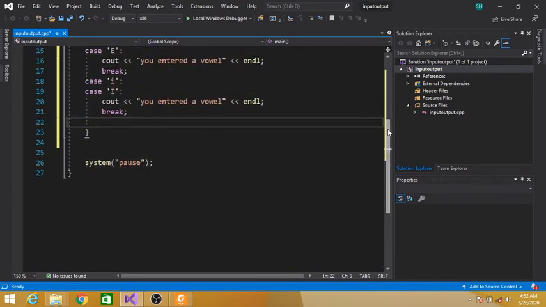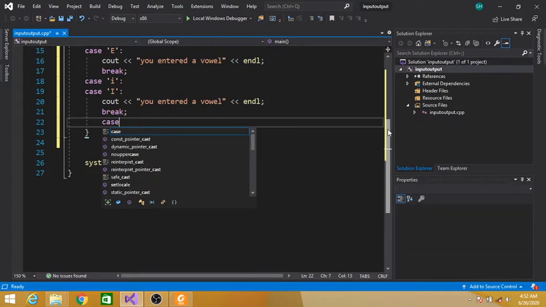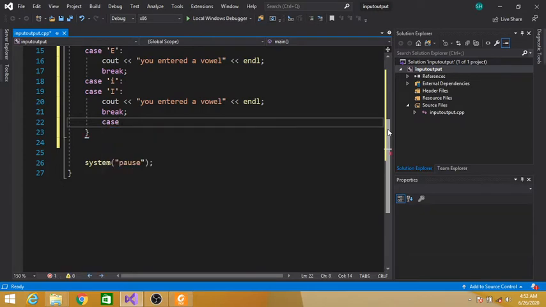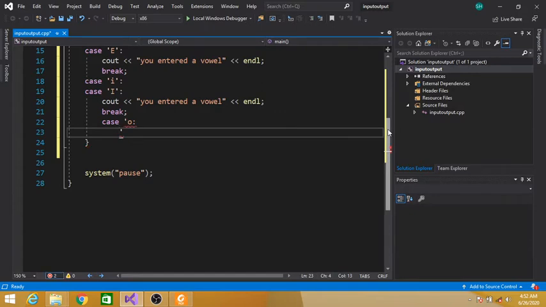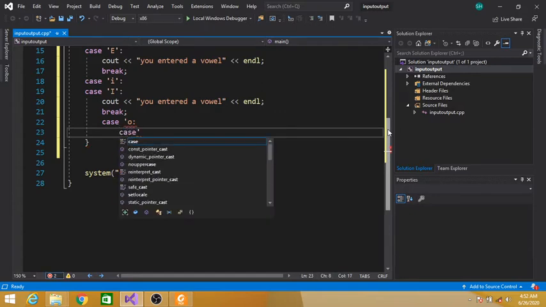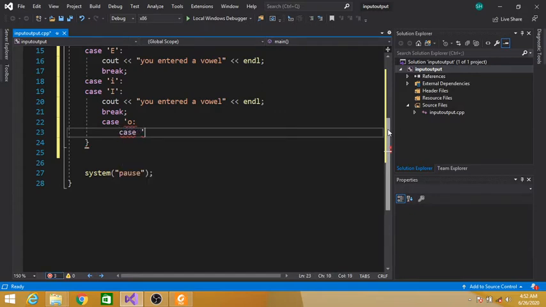Similarly, A, E, I, O. We have to compare with O also. So case 'o' and case uppercase 'O'.